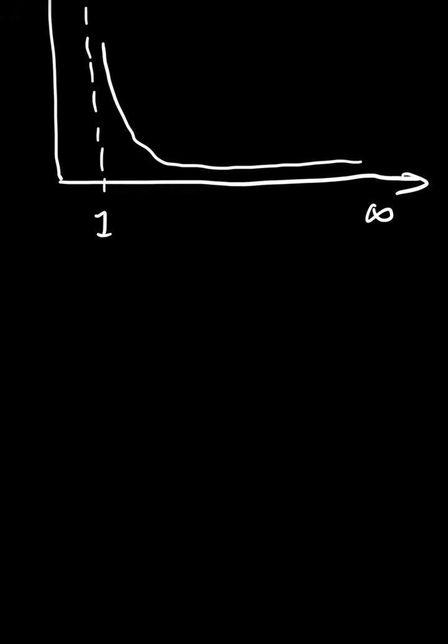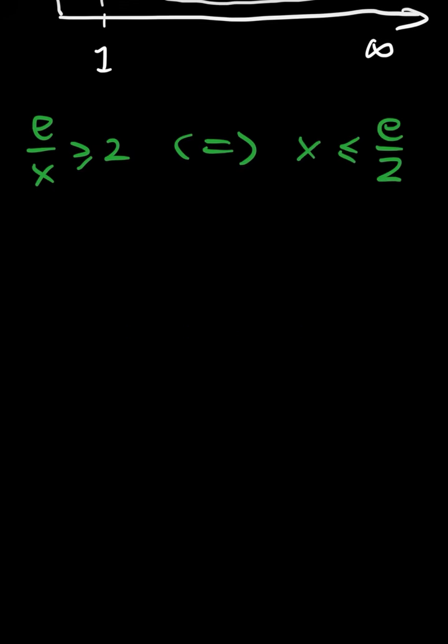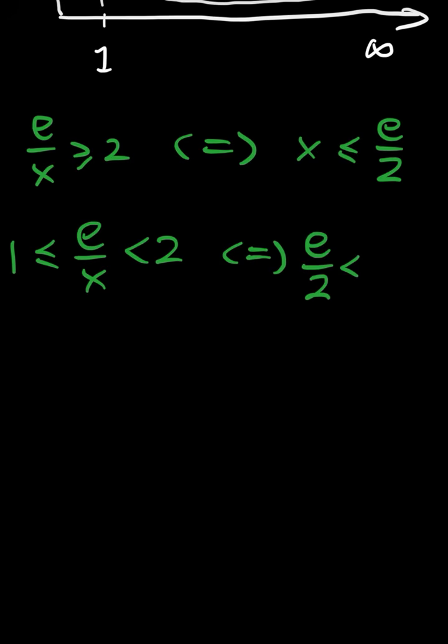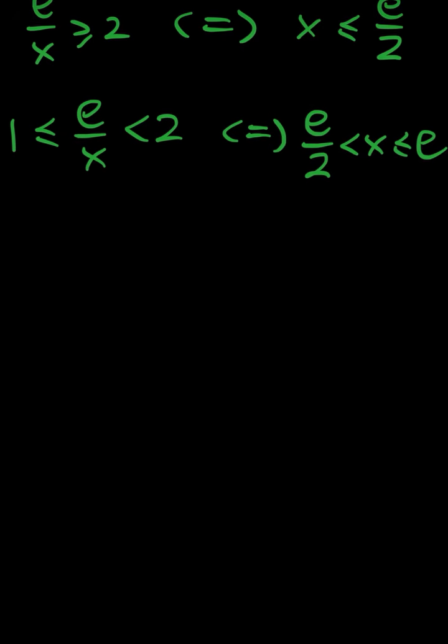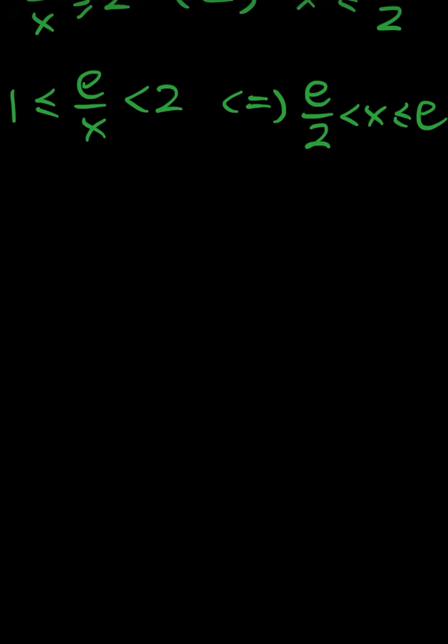So let's find when e to the x is greater than 2. We know that the range will be x is less than e to the 2, right? Now let's find when e to the x is between 1 and 2. For that, we know that the range will be x greater than e to the 2 and less than or equal to e, right? And now we know that for any value greater than e to the x, the range will be x greater than e. So now we can rewrite the integrand as e to the x